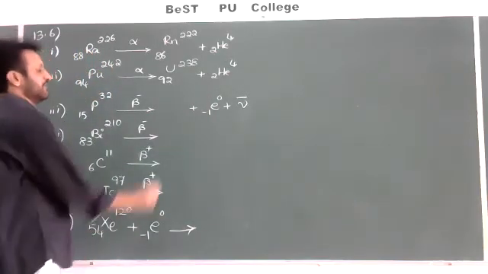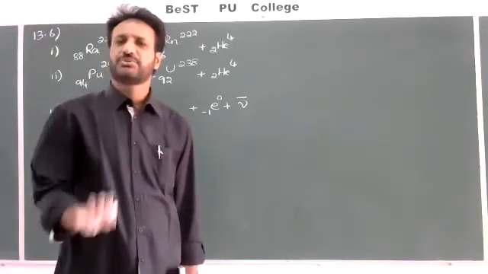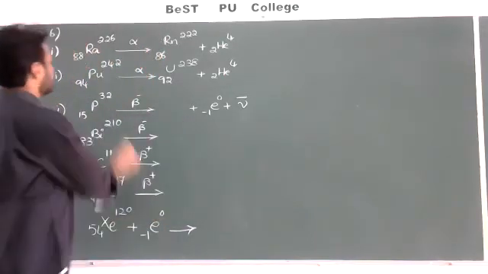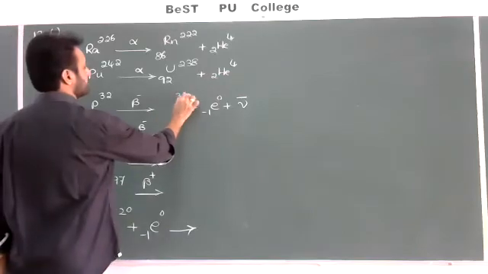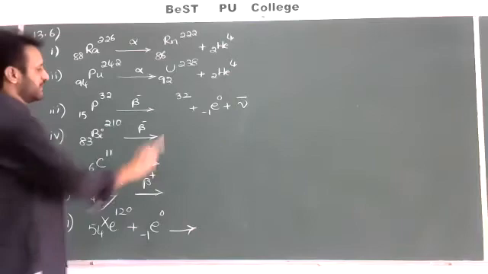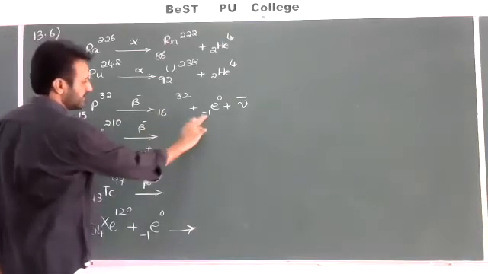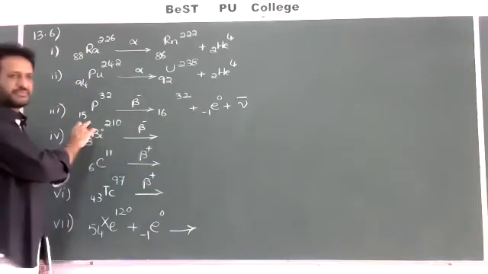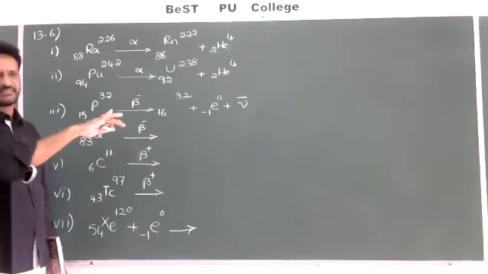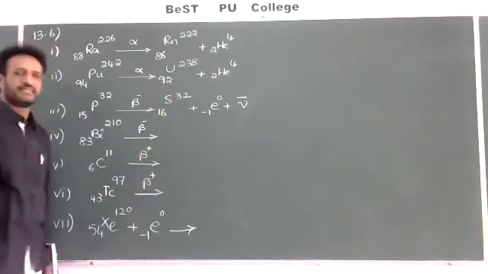Now when a radioactive nucleus emits one beta minus particle, there is no change in its mass number, so 32 you should write as it is. But what happens to the atomic number? It increases by 1. Here, for the -1, you should write 15 plus 1, 16. So 16 minus 1 is 15, and the left side is also 15, so both numbers are balanced. Now 16 is nothing but sulfur. You should write sulfur.